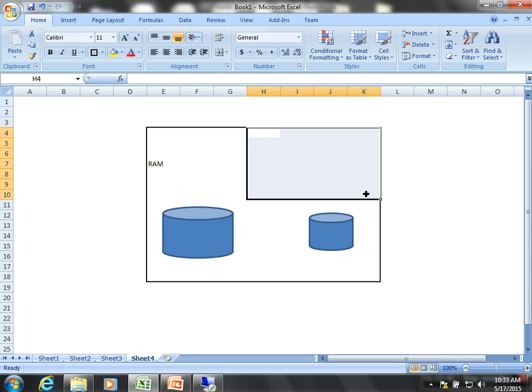So when I say 2 cores, only 2 works can be done. But if I have a CPU with 16 cores, then 16 works can be done, and if I have a motherboard with 8 processors, each processor having 16 cores, imagine the size: 16 into 8 is my number of cores in my server. Basically, I'm enhancing the bandwidth of my server by having more cores, so that I can deploy parallelism wherever I want.